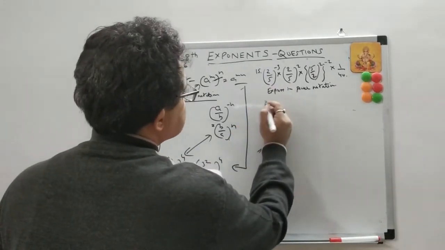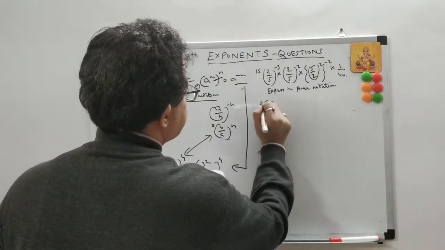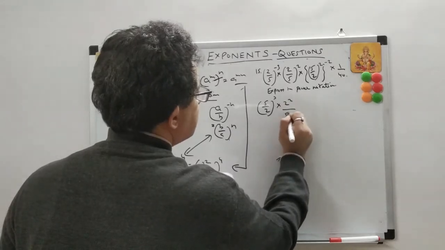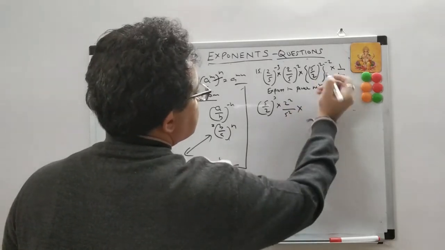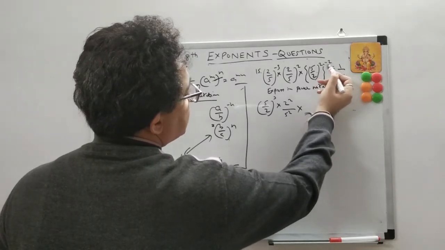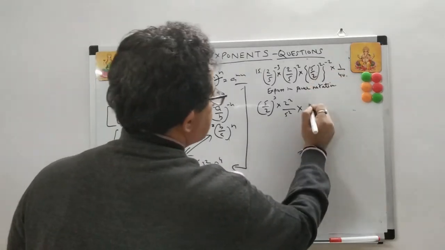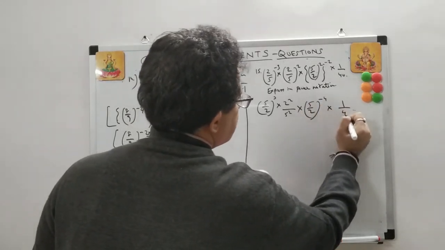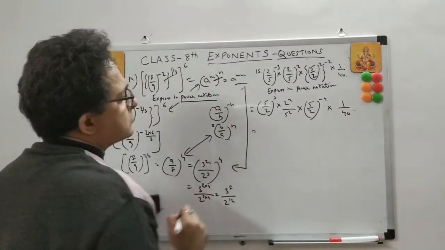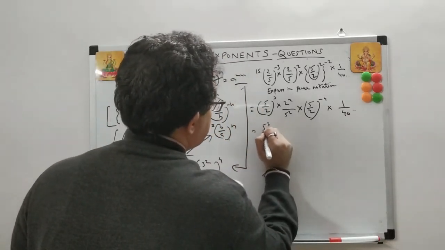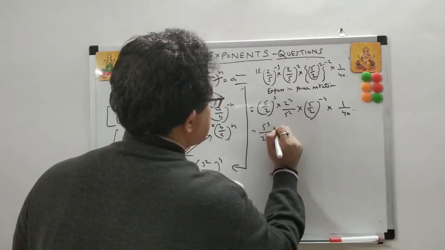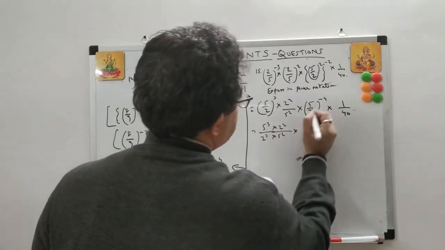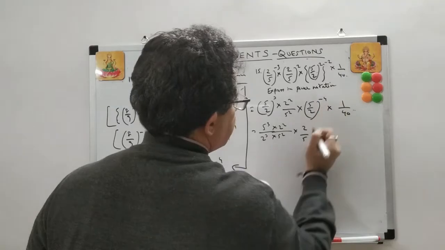2.5 to the power of minus 3, this can be expressed as 5 upon 2 to the power of 3 into, this can be the same, 2 square upon 5 square. You can do one thing, minus 4 you can write as 2 into 2, but the minus sign is there, minus 4. So 5 upon 2 to the power of minus 4, into 1 upon 40. So now what happens? This becomes 5 cube upon 2 cube into 2 square into 5 square. This can be written as 2 by 5 to the power of 4, right?